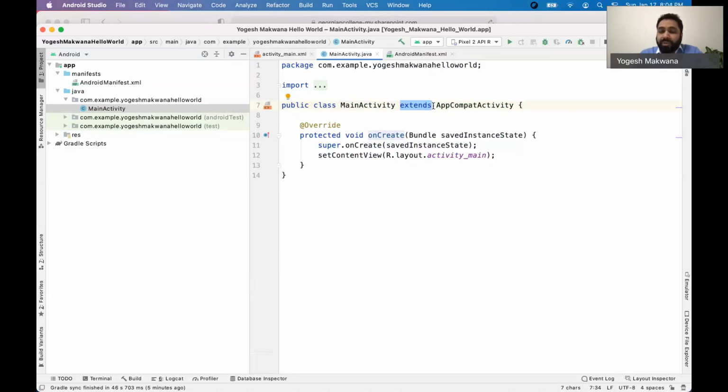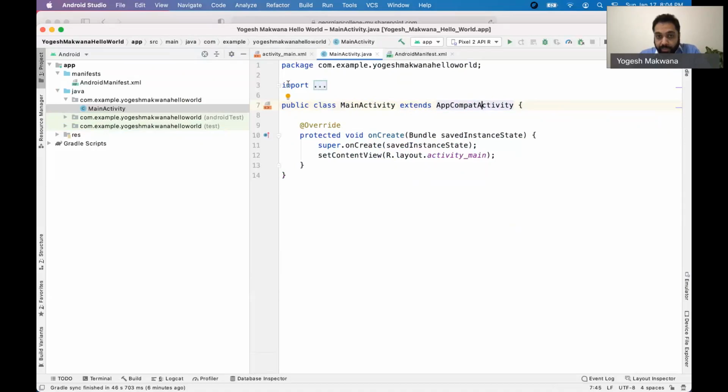Now, at this point, I would ask in a classroom, how many of you are familiar with Java and what this word extend means? So Java is basically designed for object-oriented programming. And a class that you declare can inherit behavior from another class. So in this case, this MainActivity inherits all the behavior of a class called AppCompatActivity, which if we expand